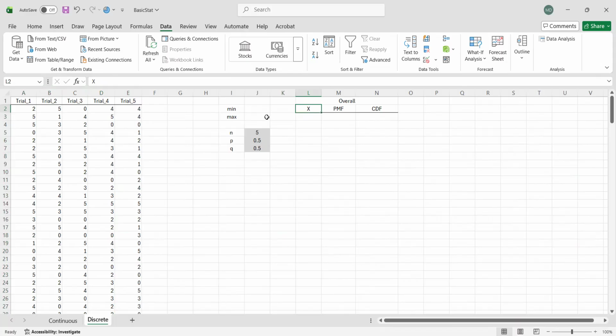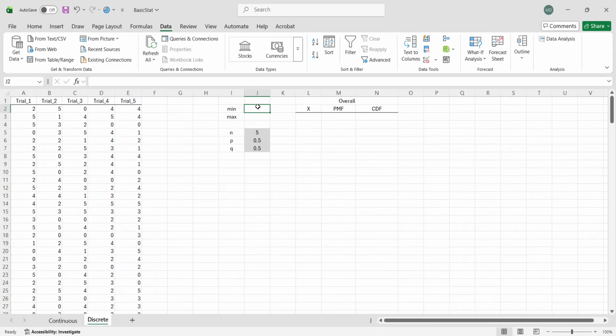So to do that, one of the ways to find all the possible values is to use the unique function. So unique formula, just type equals unique and so on. But instead, here's I think the easier one. We just look for the minimum and maximum values.